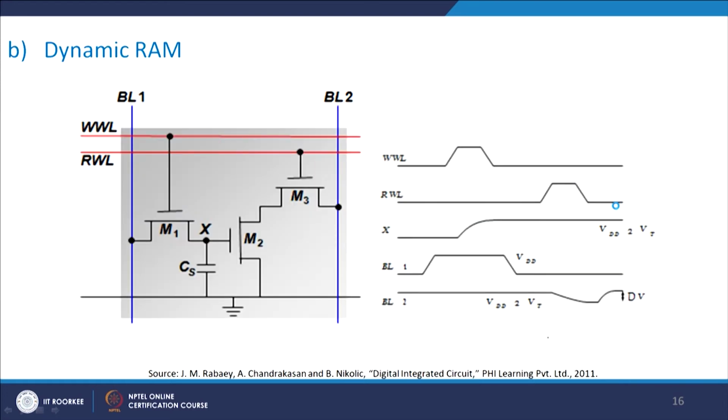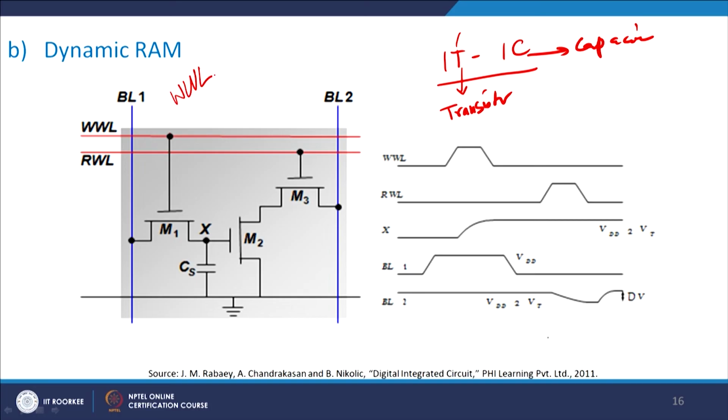Now, another example is my DRAM, which is dynamic RAM, also referred to as the 1T 1C design, which is one transistor. So, this is one transistor and one capacitor. And if you see very closely, when WWL is high, which you see this is high, this high means